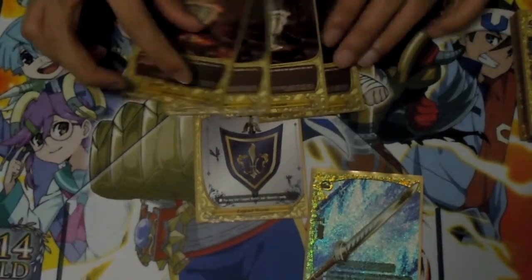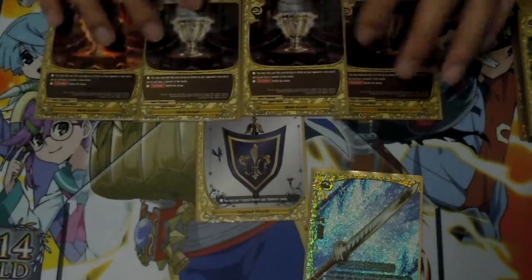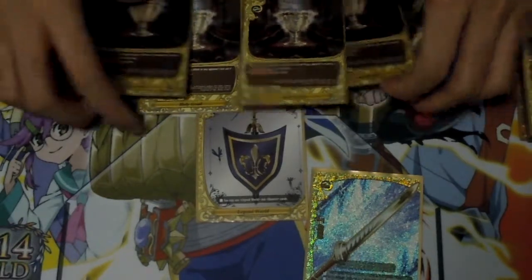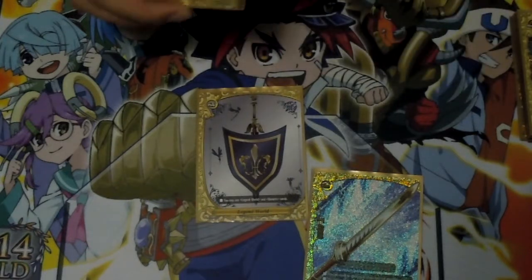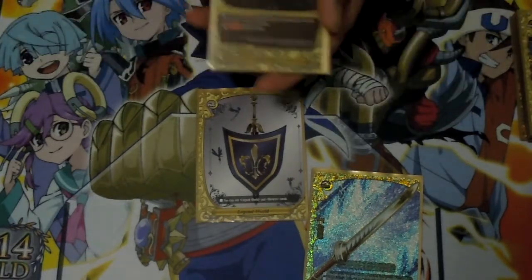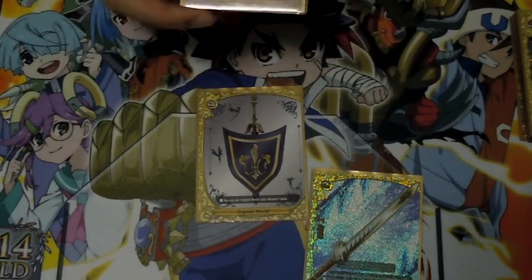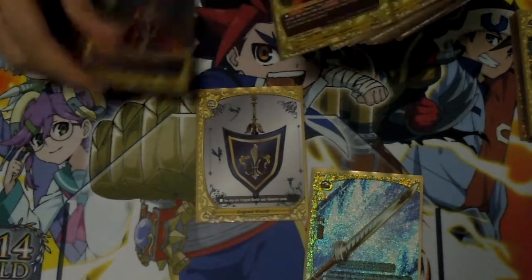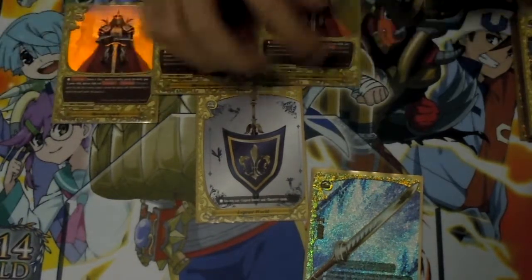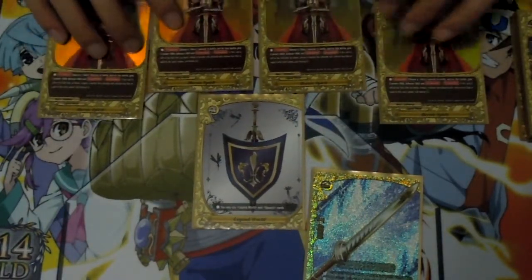For spells, I run 4 Holy Grail. This card is your shield, of course. You have to run 4 Holy Grails, or else you will lose. Every deck has to run at least 4 shields, I think. Like, you can't run a Buddyfight deck without shields, because you'll just lose. I run 4 Heroic Spirit. This is the Drago energy of the deck, so